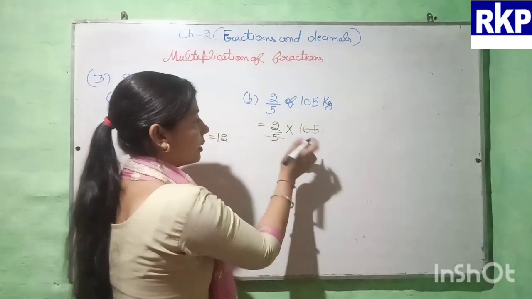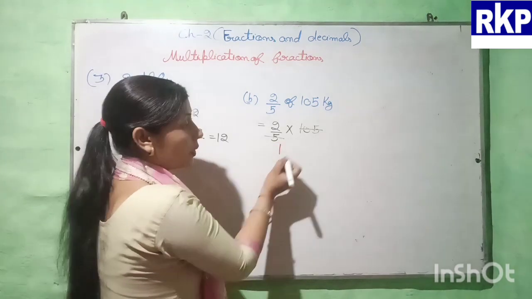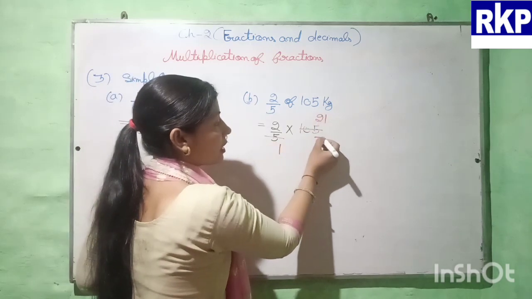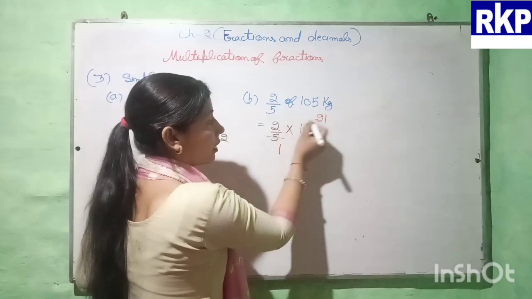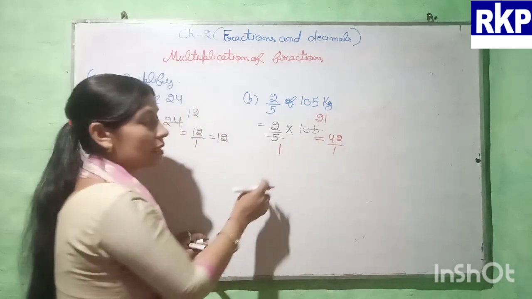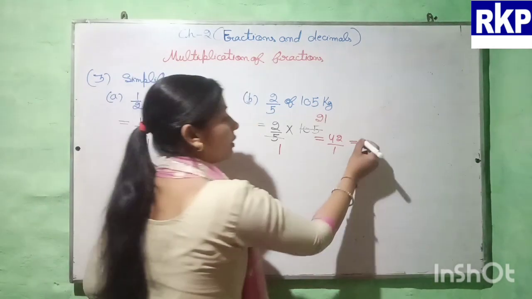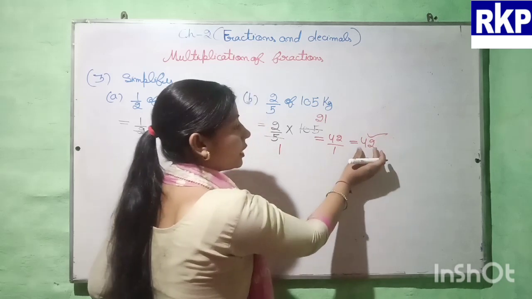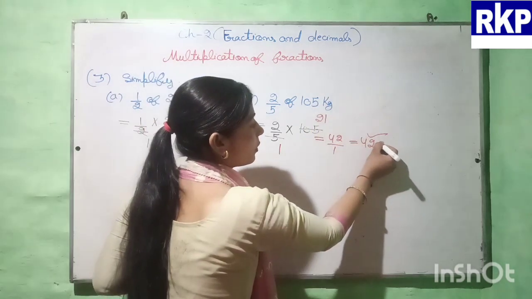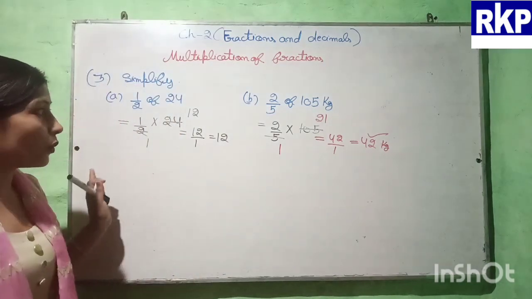Okay. So here we will write 1 because after dividing with 5 we will get 1, and here 5 twos are 10 and 5 ones are 5. So 21 multiplied by 2 will give us 42. And here as a denominator we are having only 1, and when we divide any number with 1 then we get the same number. So here 42 is our answer, which means 2 by 5 of 105 kilograms will be 42 kilograms. Okay, so like this we have to solve these questions.